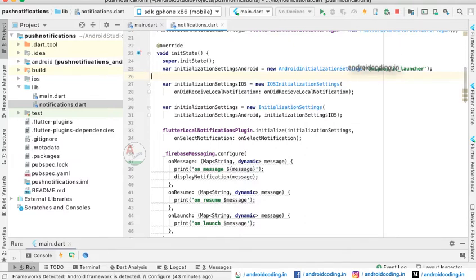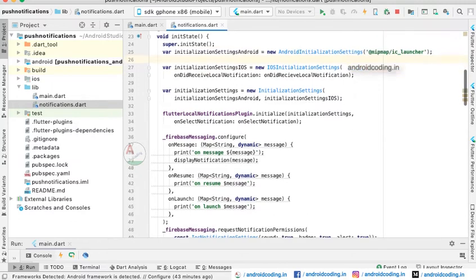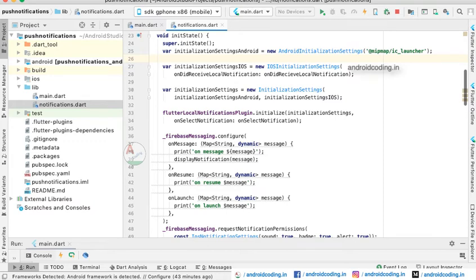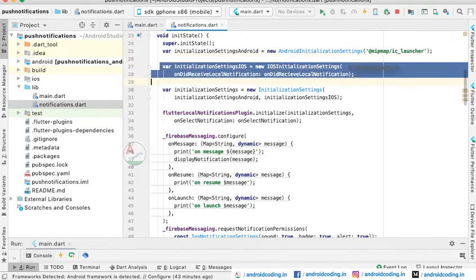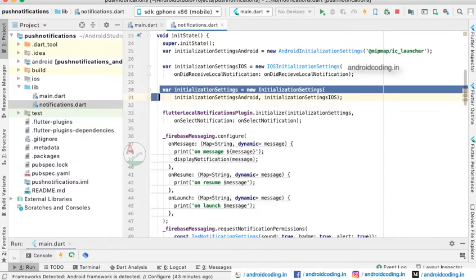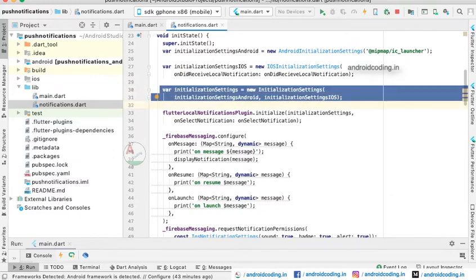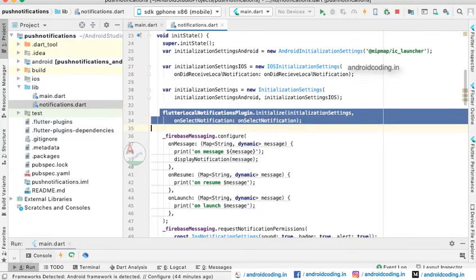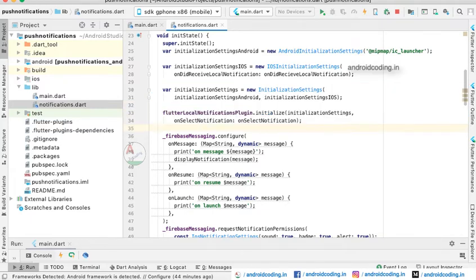Whenever you see a notification, there will be an icon displayed, and that particular icon we will be initializing. For iOS we have made the initialization here, and for Android we have made the initialization, and the Flutter local notification plugin we have initialized here. If you have any queries regarding the initializations, do let us know in the comment section below.